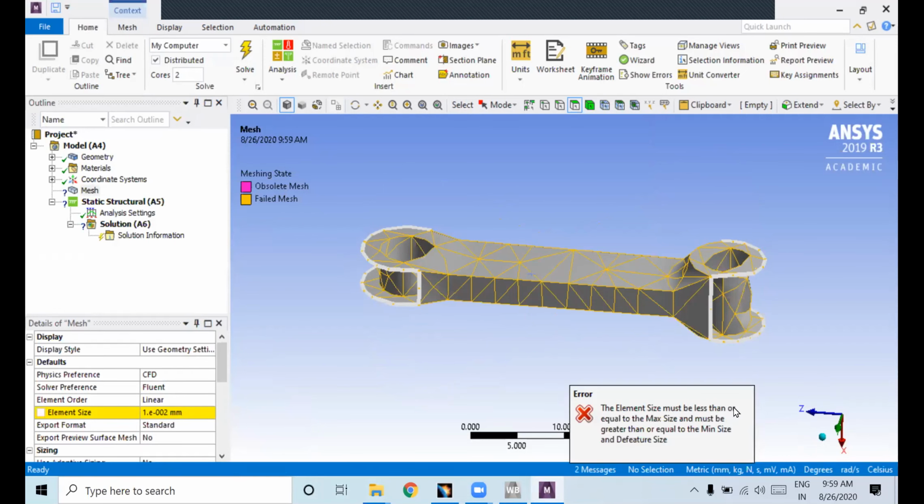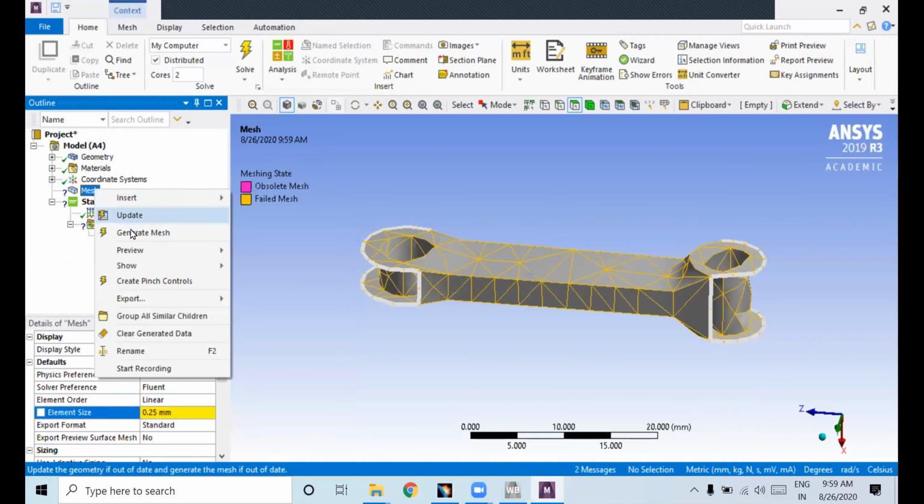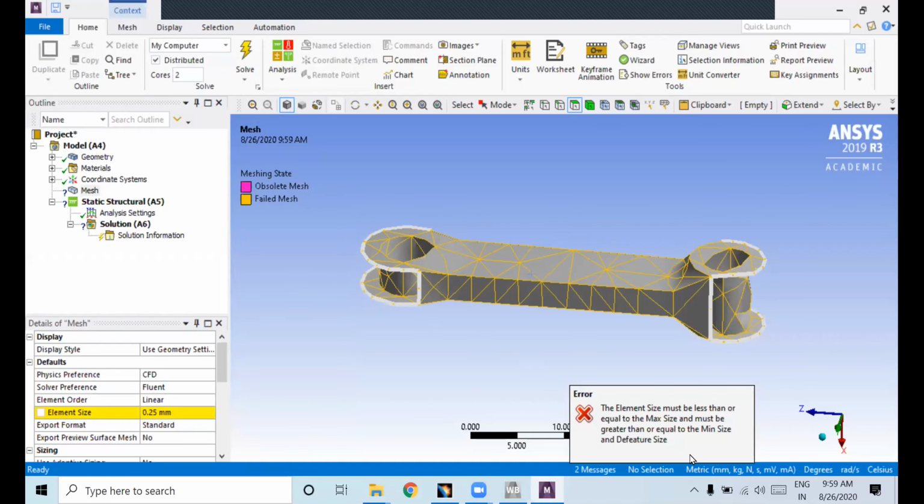The element size must be less than or equal to the maximum size. We are getting 0.5, 0.25 will be. Then right click, generate. Go to minimum size.